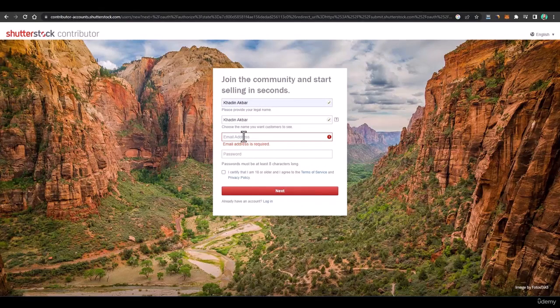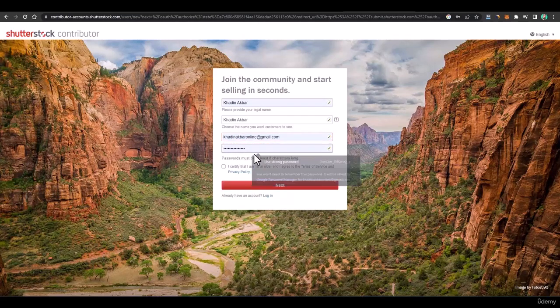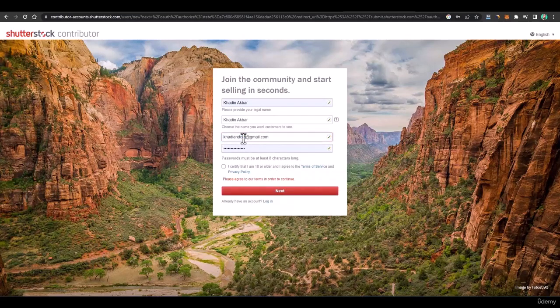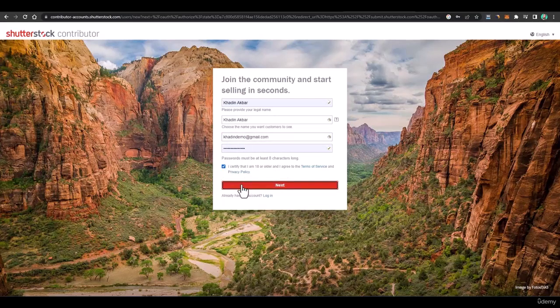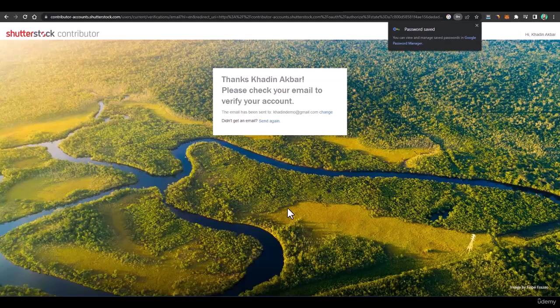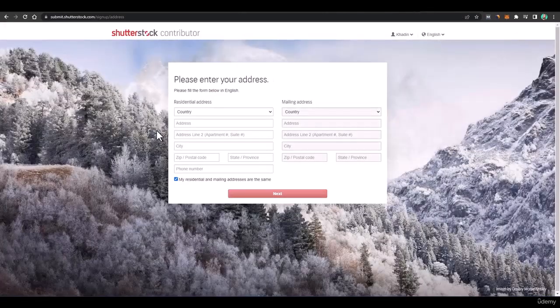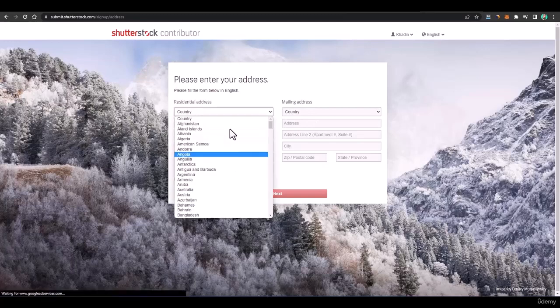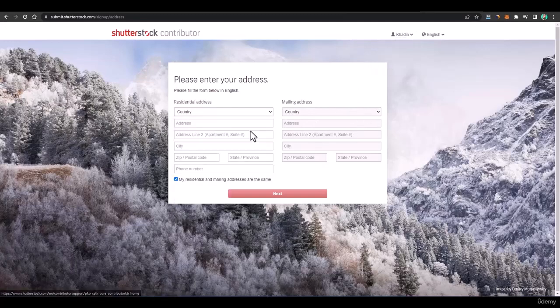I'll add the email address, demo@gmail.com, select a password, and click on next. After that, it's asking for email verification. I'll pause the video and get back to you after email verification. After verification, it's asking for our country, residential address, and all that stuff. We'll have to add all our details, and then I'll click on next.